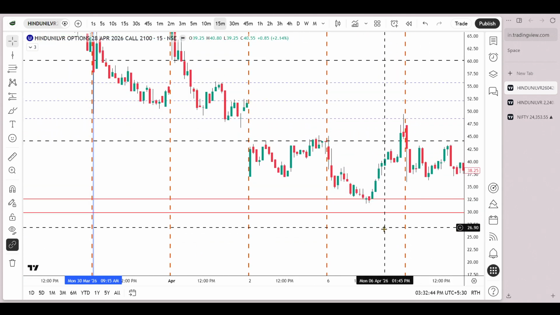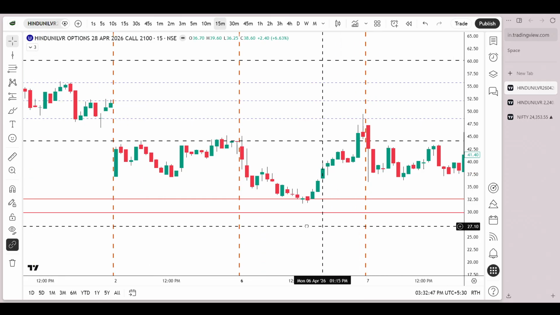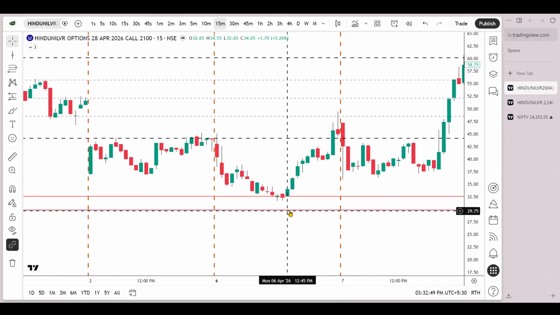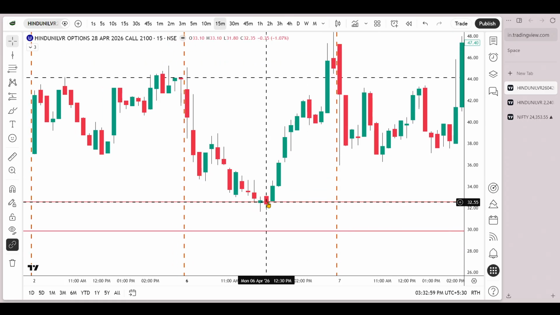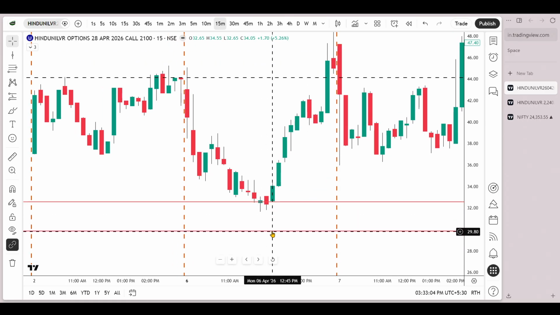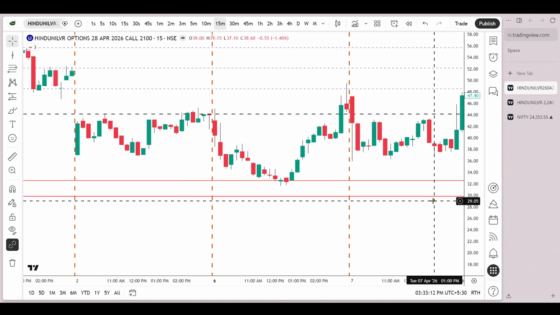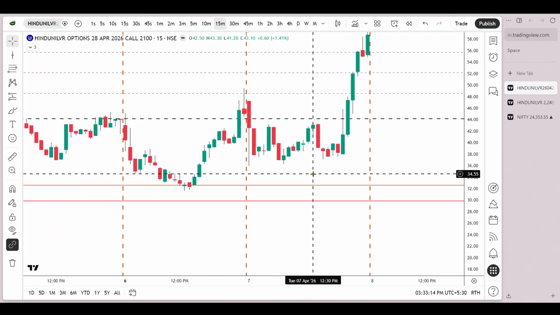In the spot you can keep SL. Otherwise you can keep this as a SL. This line itself you can keep as a SL. We gave entry here exactly at 32, and you can keep 30 as a SL. Only 2 points we have taken as stop loss. Then after that